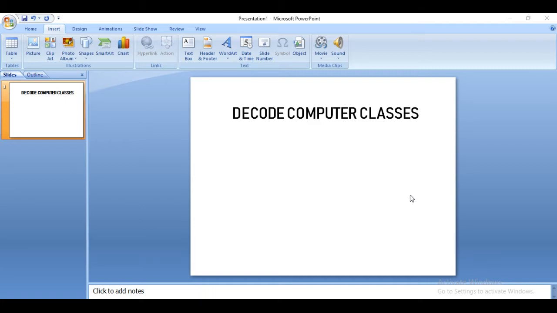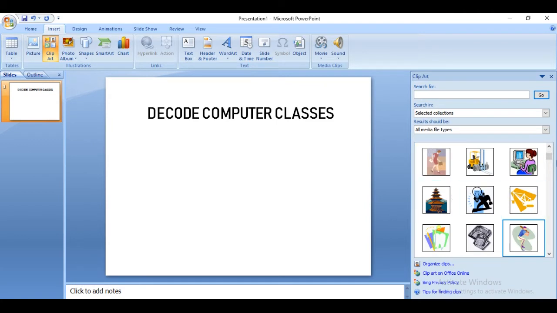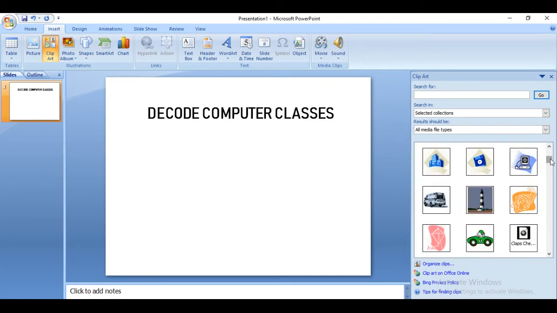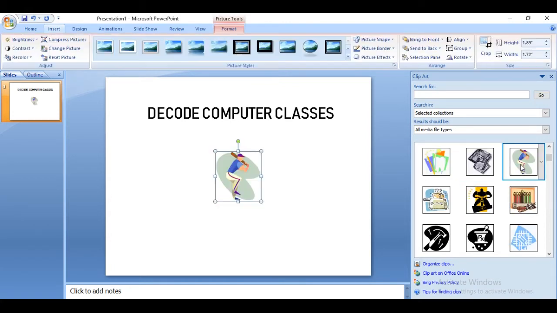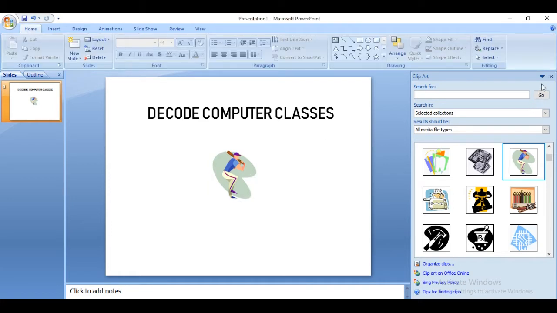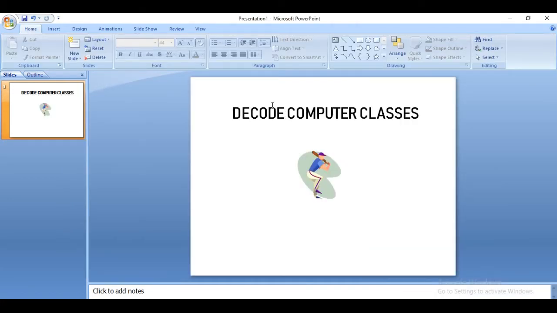Okay, so let's see here. This is the name I have mentioned here, just showing you the animation effects on this text. And let me insert one more image. Let's take a clip art. I'm just picking any random picture here. Let's take this sports person, athlete. Now we are going to see how animations can change the PowerPoint presentation view. It is very interesting.